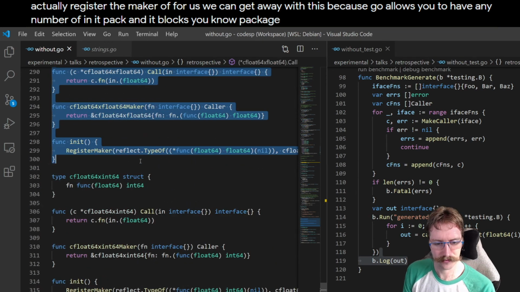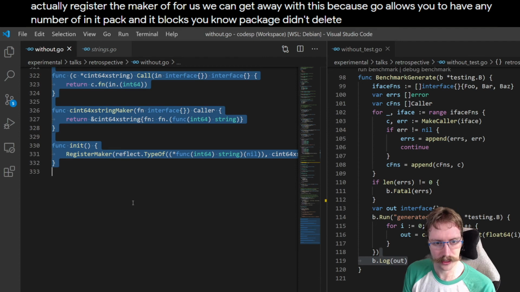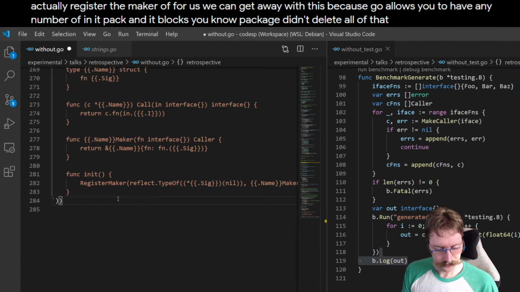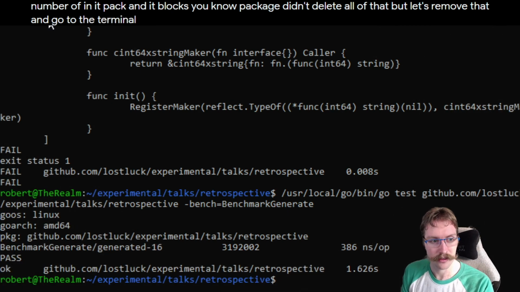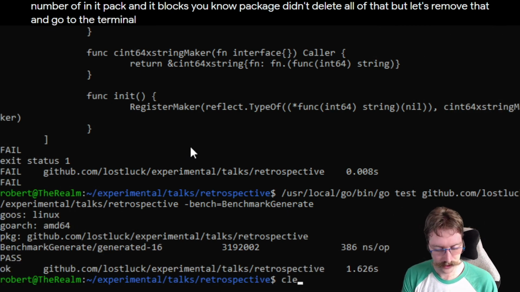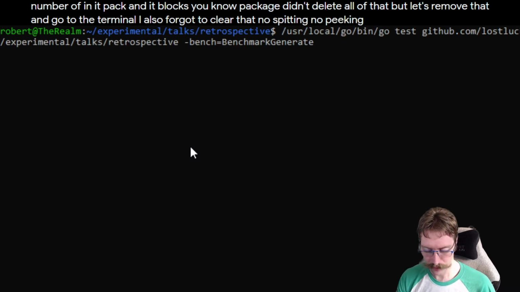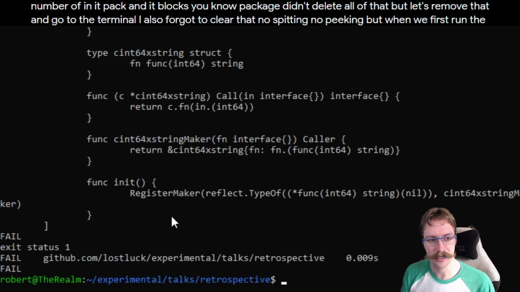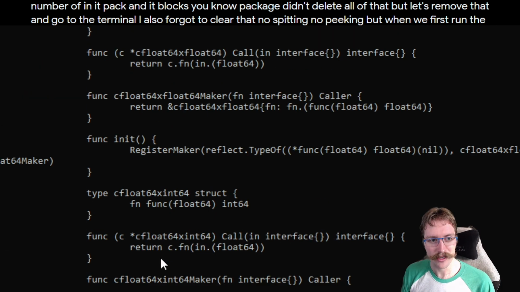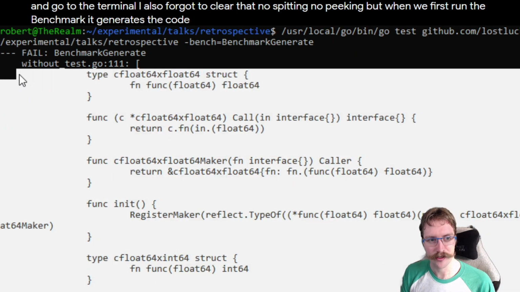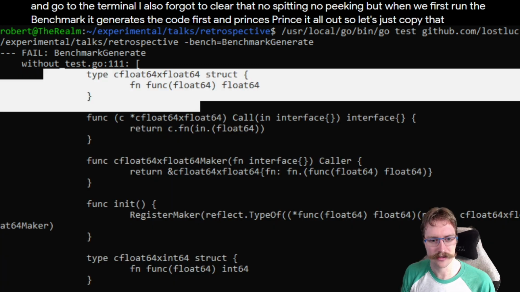Oh, whoops. Didn't delete all of that. But let's remove that and go to the terminal. Oh, I also forgot to clear that. No peeking. But when we first run the benchmark, it generates the code for us and prints it all out. So let's just copy that, go back to VS Code,